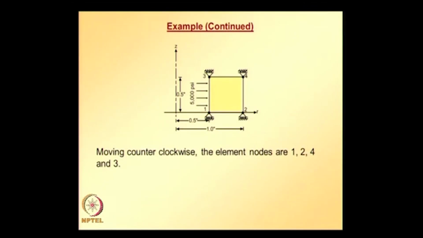The element node numbers are 1, 2, 4, 3. So the corresponding vectors consisting of all radial coordinates and all axial coordinates are given by these 2 vectors. Since we are using only one element